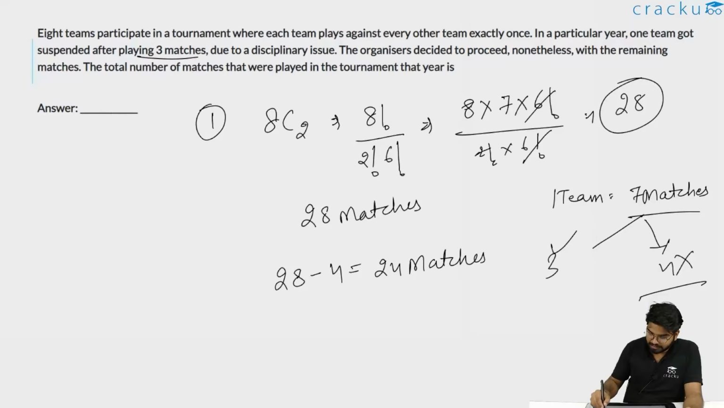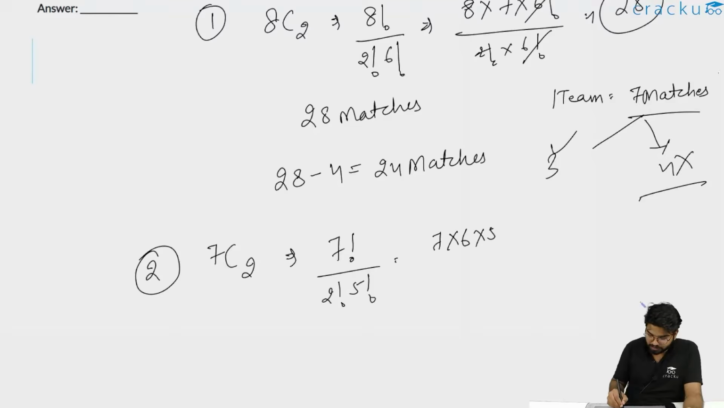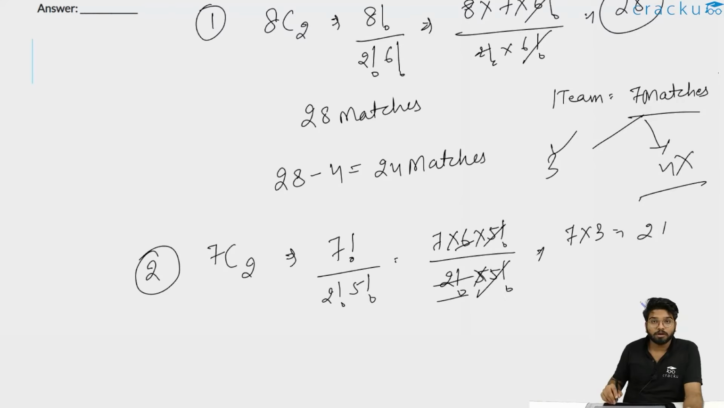This was one approach. Another approach can be, we assume that one team got eliminated. The remaining are 7 teams, and the 7 teams played all the matches. So in how many ways can we select 2 teams out of those 7 teams to play a match? This is 7 factorial divided by 2 factorial and 5 factorial. That is 7 into 6 into 5 factorial divided by 2 factorial into 5 factorial. The 5 factorial cancels out. 7 into 3 is equal to 21, because 2 factorial is 2, and 2 and 6 cancel to leave 3. So the remaining 7 teams played 21 matches,